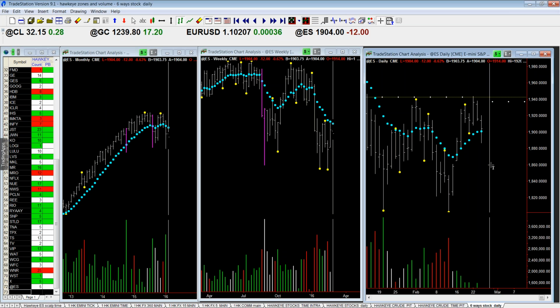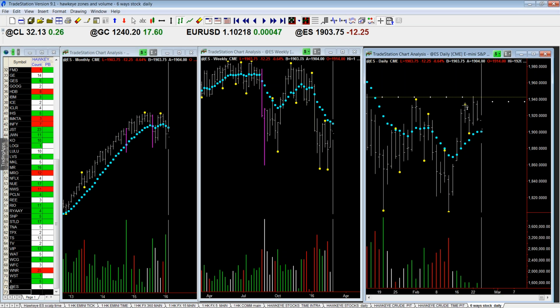Now, what is a phantom? Well, a phantom is this bar here. In other words, it has a higher high than the previous bar and the next bar, but the low has violated this bar here. And that bar would have generated, if it was down here, another yellow dot. So a pure isolated high